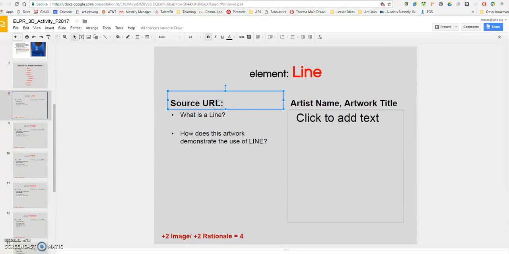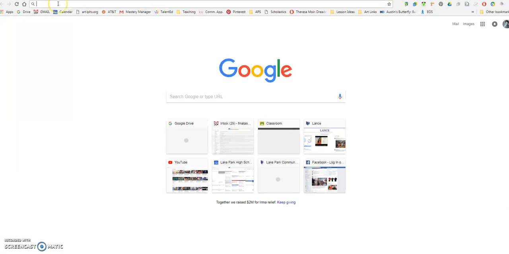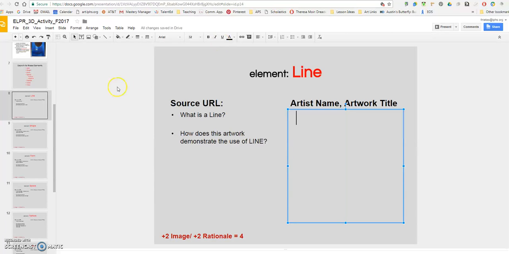So for the source URL, you're going to copy and paste the URL where you find the image. Here, you're going to type in the definition. And then here, you're going to give me your explanation. Here, you'll replace the artist name, place the title here, and add the image here. Okay, pretty simple stuff. So let's say, for example, I'm going to come in here and look at a sculpture. Okay, so let me go back to my list of artists,